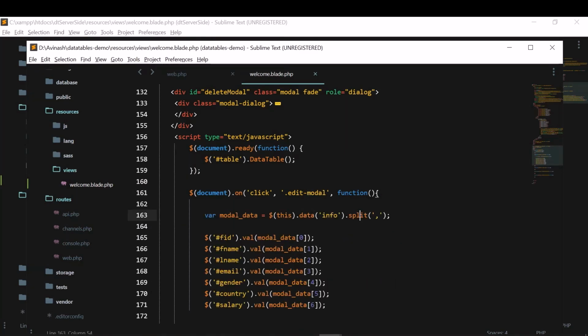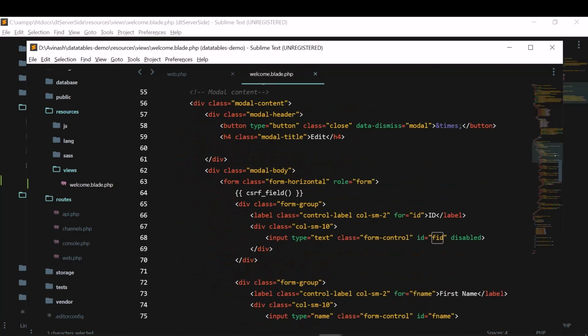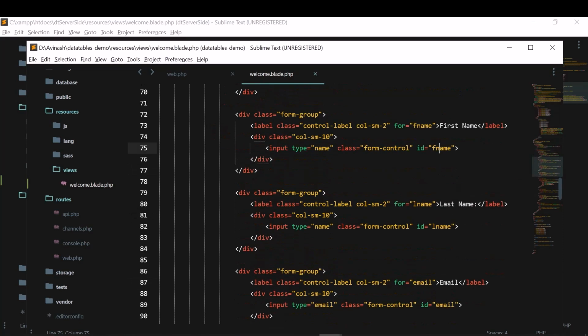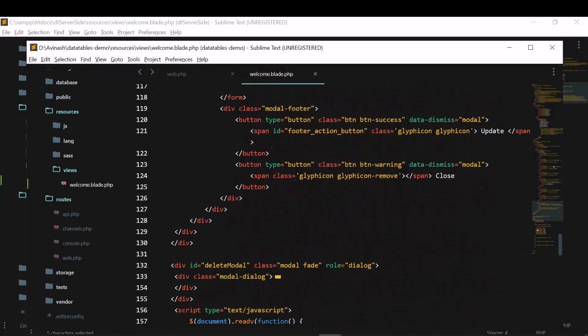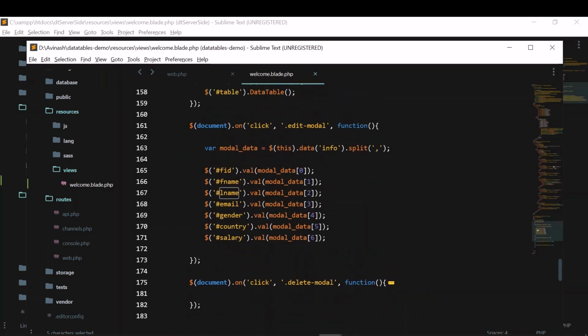We'll split the data with comma, as you see, the data is separated by commas. And we'll set the values, first name, last name, and these are all the IDs for the fields here in this model. You can see these are the IDs, FID, FNAME, last name. So we'll set the values which are set on the data attributes.